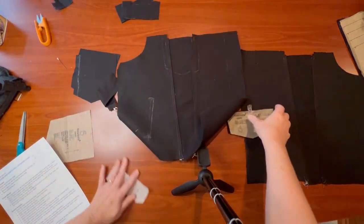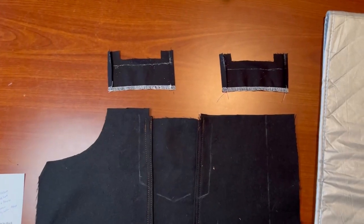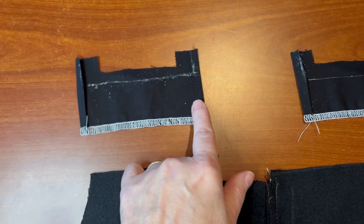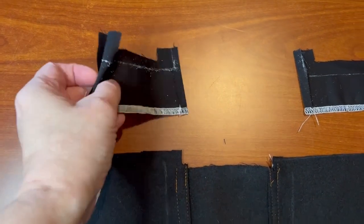The pocket will be on the bottom, and then you just come up and sew your top flap across the top. I finished that quick step, turned in these seam allowance 1/4 inch on each side, and I serged the bottom for both of the pocket flap facings. The next step,